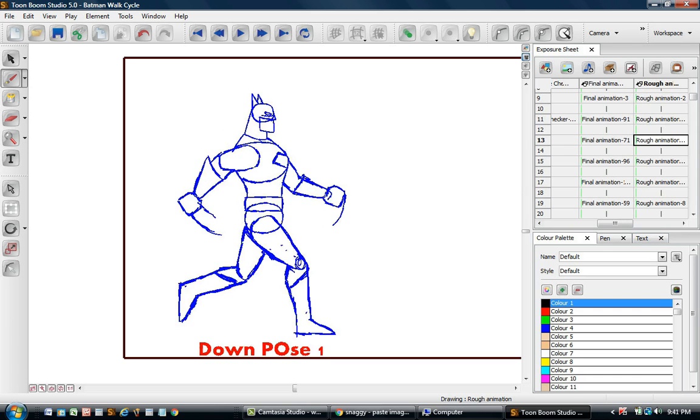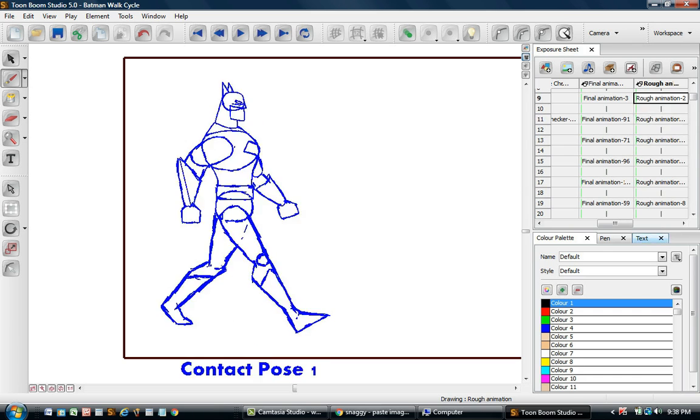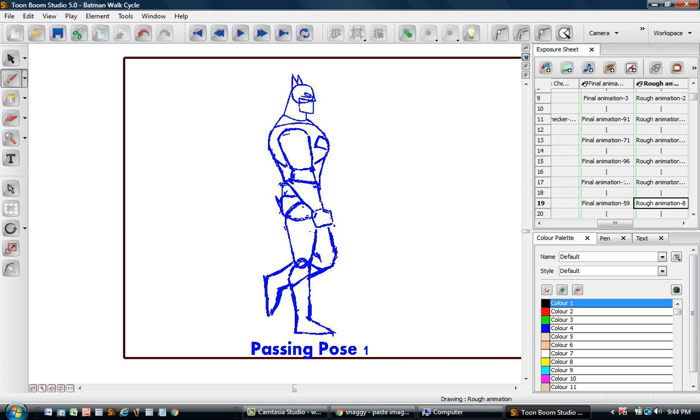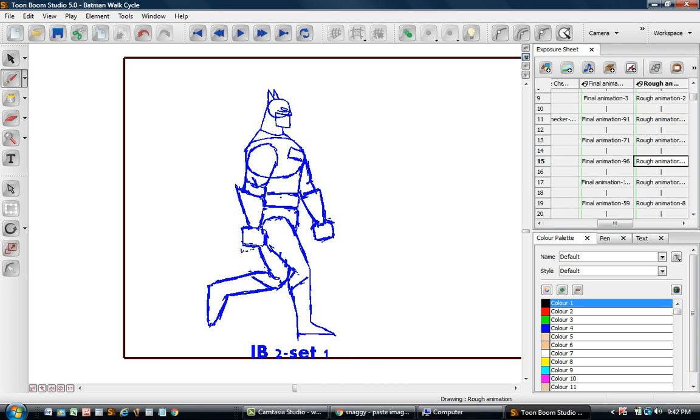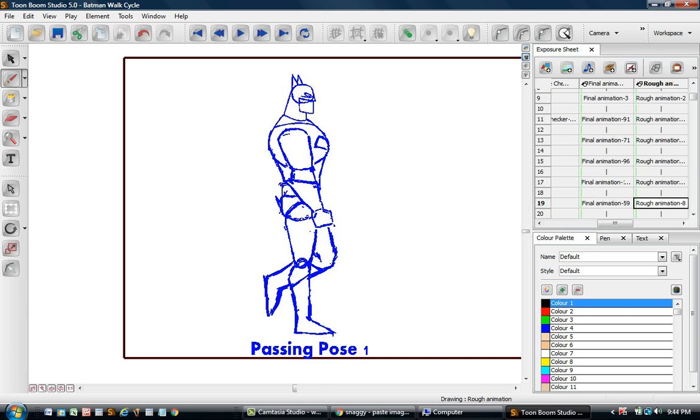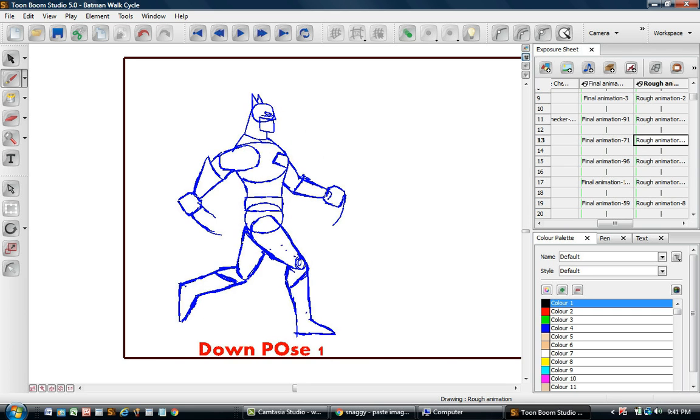So that way when you scroll through them, it helps sell the idea that he's moving from one pose to the next. Let's move on to our second in-between. Now you see in the down pose, Batman's head is down, but in the passing pose, he goes up. So in my in-betweening, I decided to put Batman's head in towards the middle area where it shows that he's